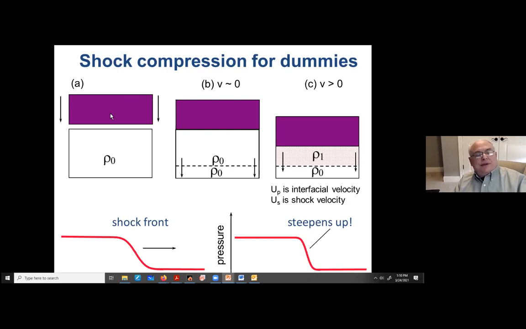Now, if I really send this brick going at high speed, I'll actually crush the material or compress the liquid I'm looking at. I'll still launch a wave, a front, and that's called the shock front. But what's different here is that the density behind the shock front is higher than the density ahead of the shock front. Because this is a fast adiabatic compression, you also get higher temperatures behind the shock front.